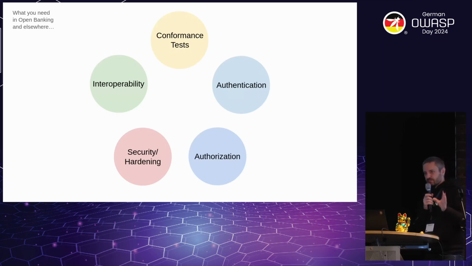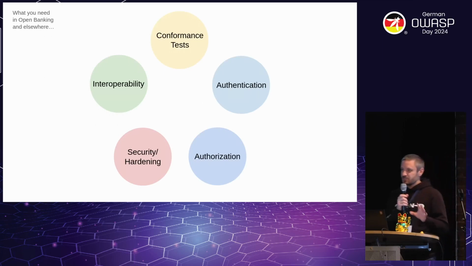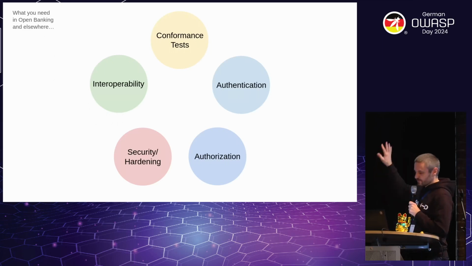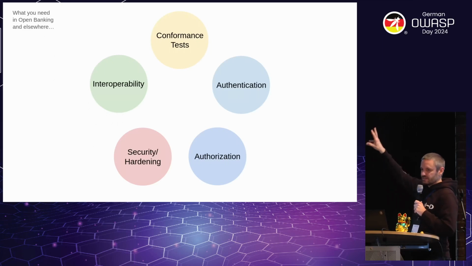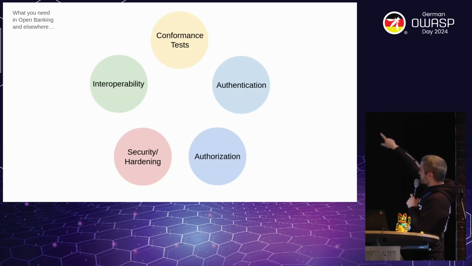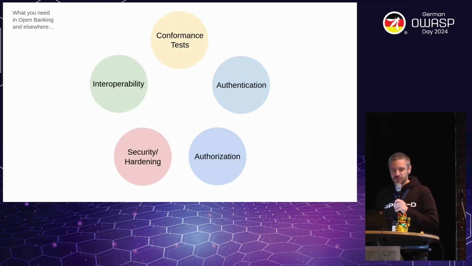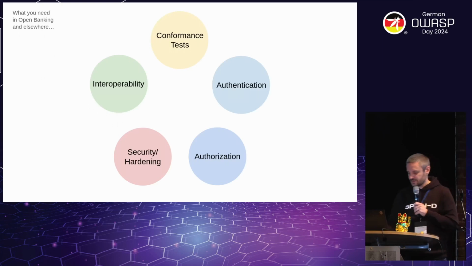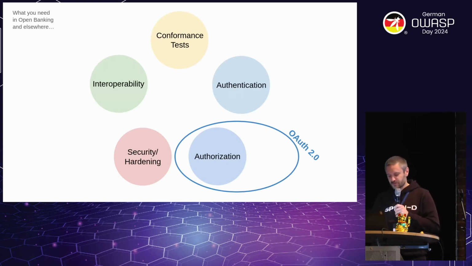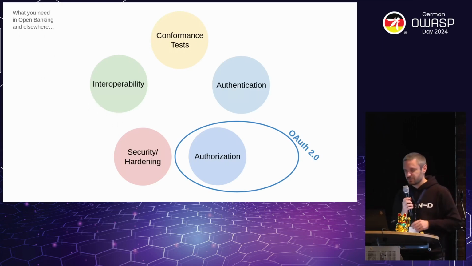In general, what you'll usually find when you implement any OAuth system of a large enough size is that you need a couple of building blocks. This is an example from open banking, but it applies really to many ecosystems. So we talked about authorization, which you will always need when you do auth. You might also be doing authentication, OpenID Connect, for example.